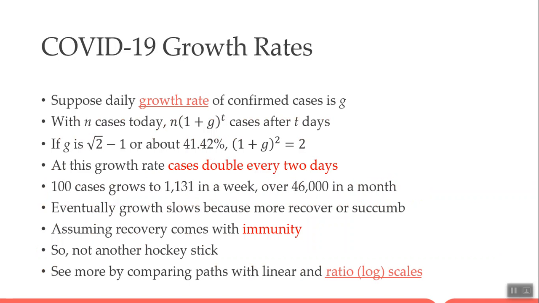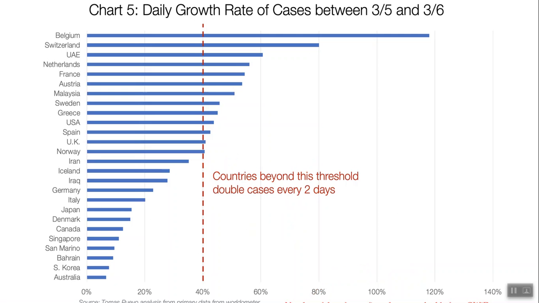Okay. And we're looking at daily growth rates. And we have some mathematical equations. Okay. And we're going to be taking a look at that in the next video that I'll make you, where we're looking at how many cases and how long is it going to take for the number of cases to increase over a certain period of time. Okay, and we're going to come back to that in a moment. Here we're looking at the daily growth rate, okay? And here we're looking at where are countries having their cases doubling every 2 days, right?